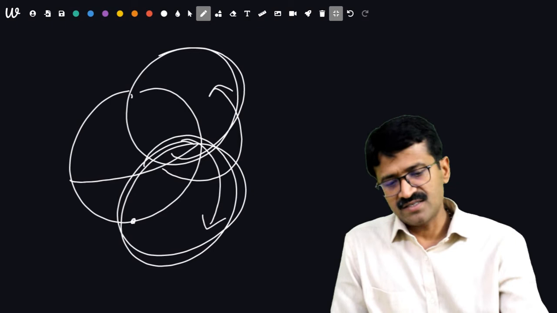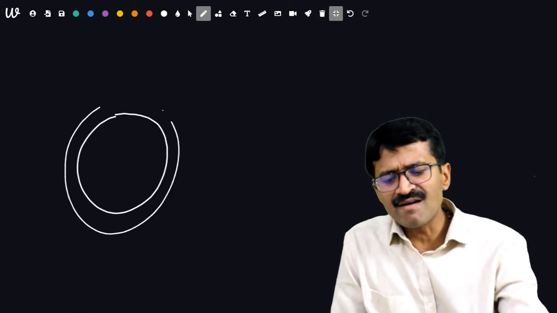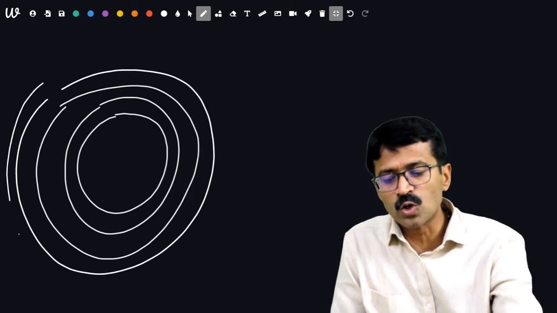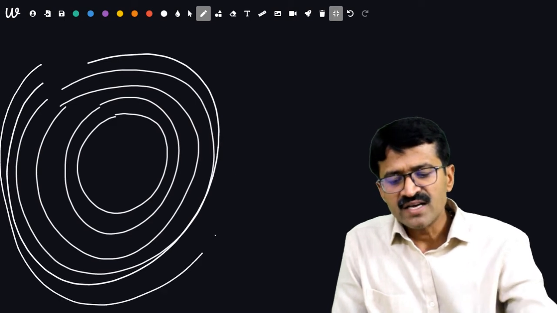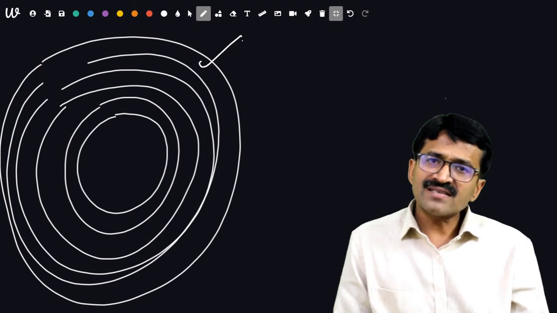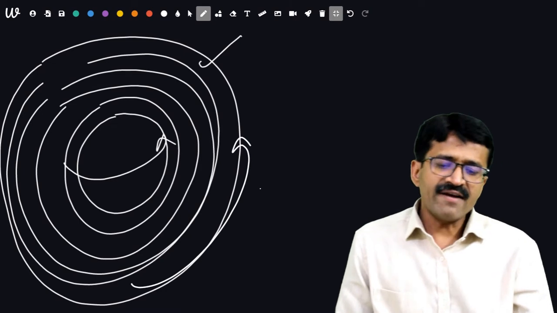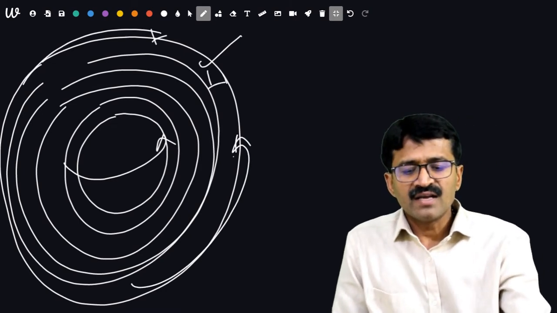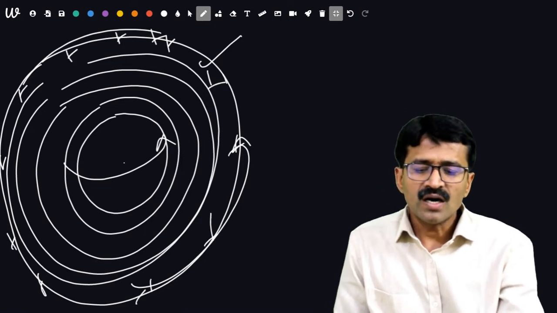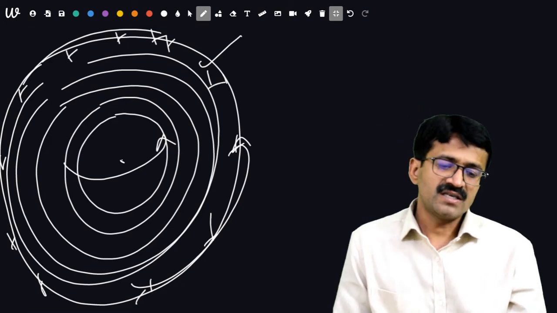The third thing is, around Earth there are several atmospheric layers: troposphere, stratosphere, mesosphere, ozone layer, and ionosphere. The ionosphere is basically ionizing gases. With the rotation of Earth, this ionosphere also rotates, and when it rotates, it will behave like a current carrying loop, and it can provide magnetism to Earth, because at center of current carrying loop there is magnetic moment.